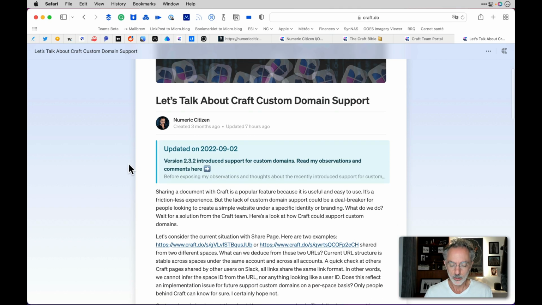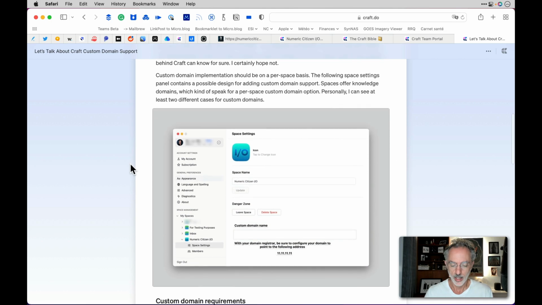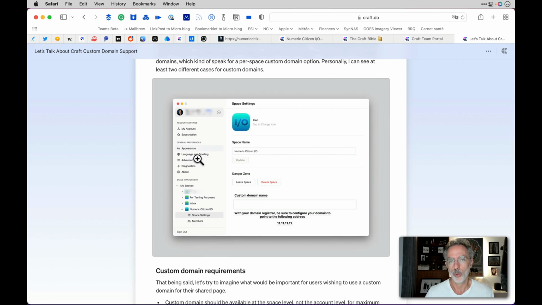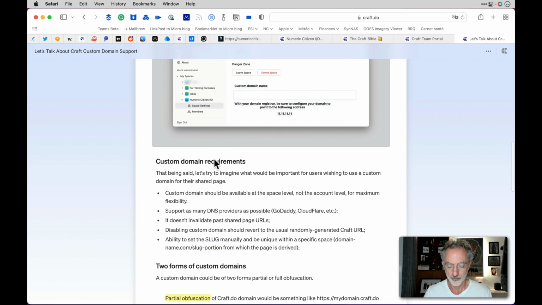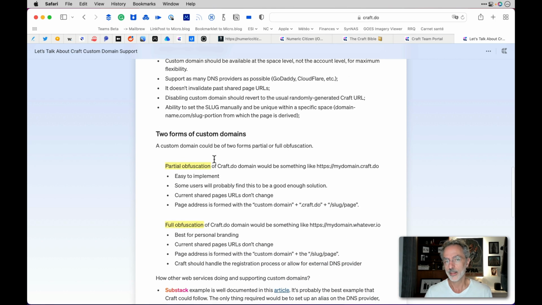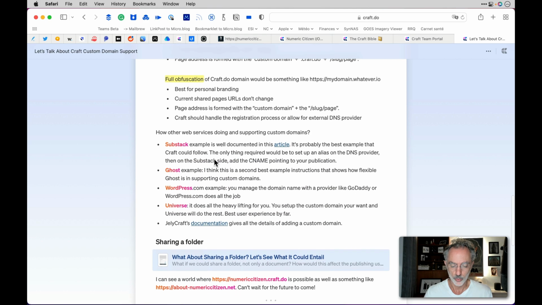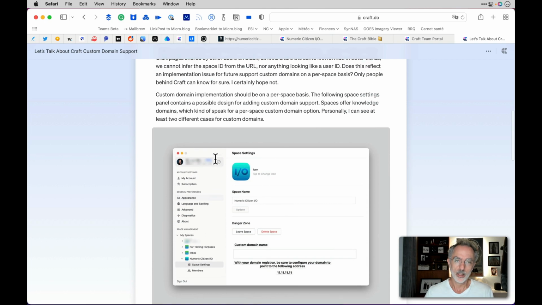So I explained why and how custom domains could be introduced in Craft, and even gave an example of where the option could be configured within Craft, within the configuration of a space, a user space. What could be the custom domain requirements, and also what type of custom domain support could be introduced with a future version of Craft. So I gave a lot of examples and explanation. When the support for custom domains came out, which is pretty recent with version 2.3.2,